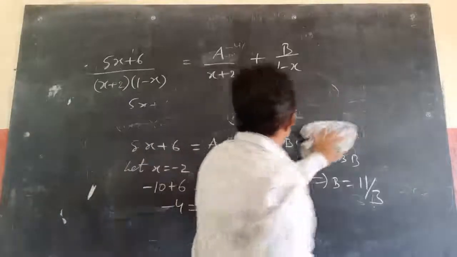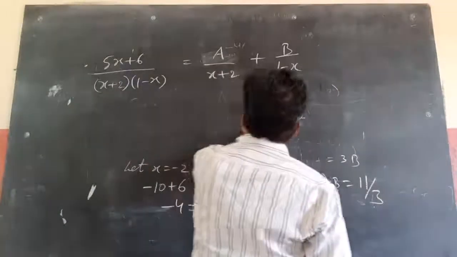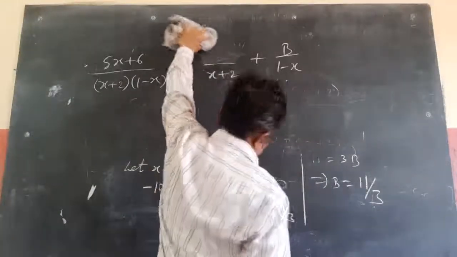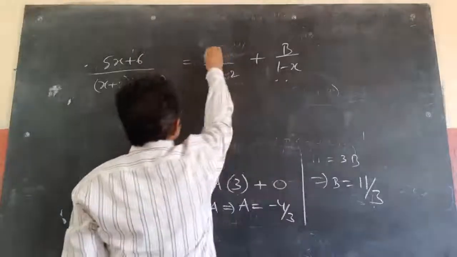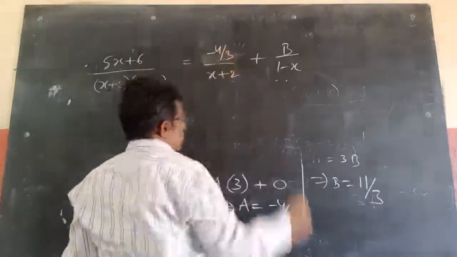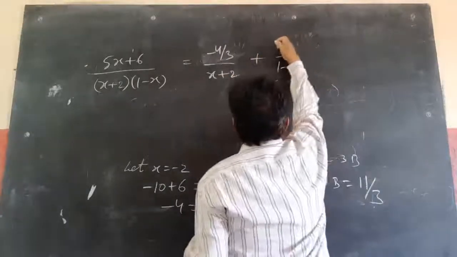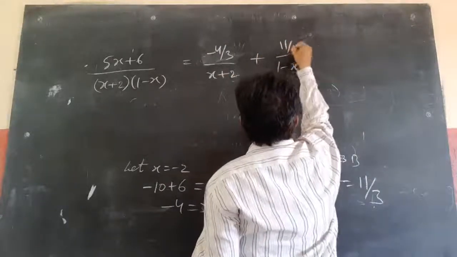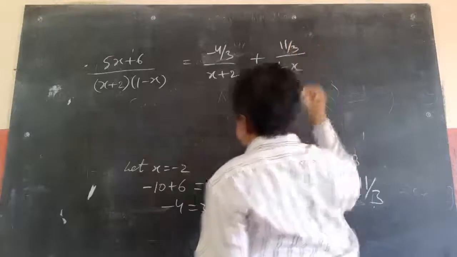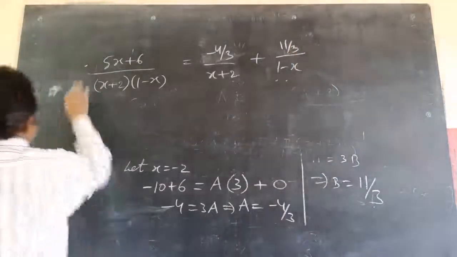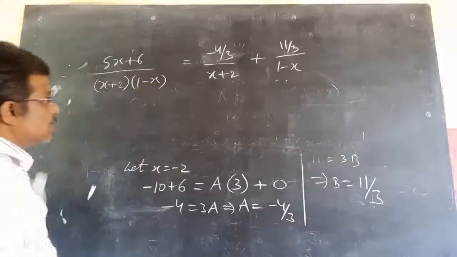I can write it like minus 4 by 3 by x plus 2, plus 11 by 3 by 1 minus x. I can write this expression as this. Now,